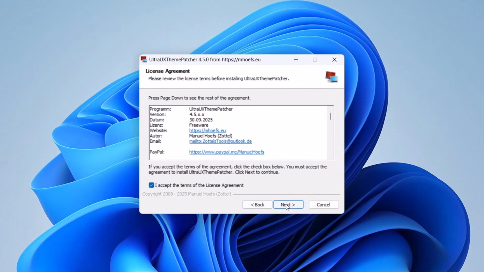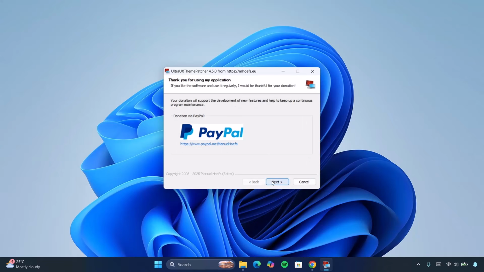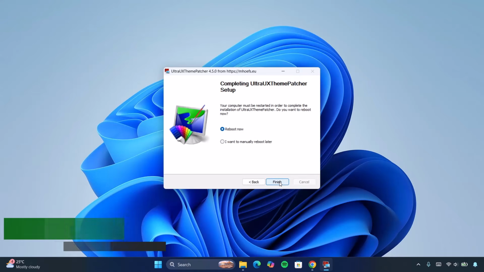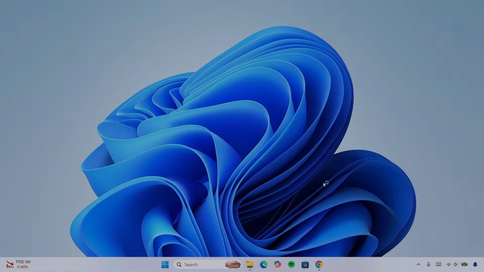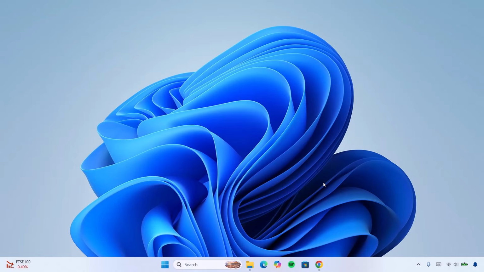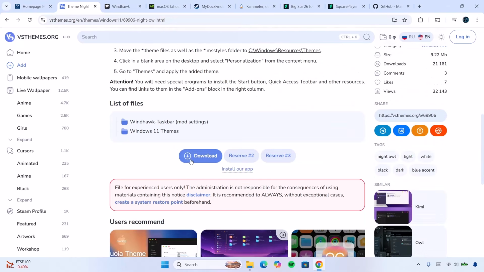Accept the terms here. Click on next and agree. Click install. Next again, next. Click on finish. So just proceed to restart your computer. Now we're done with the patching, and after restarting your computer, now we're going to download this theme. Scroll down here, click on this download icon,